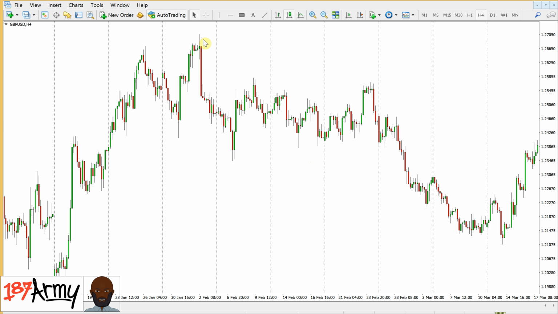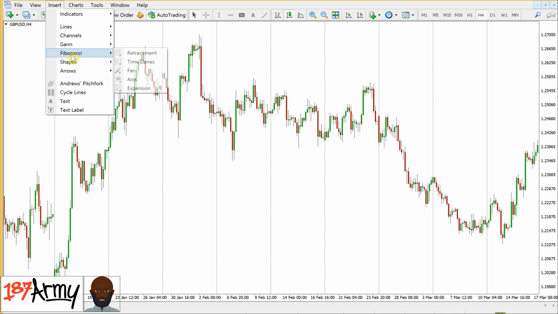Here's an example. We'll draw the Fibonacci this time because you're in a downtrend. You draw a Fibonacci from the high to a low. So you click. Oh, sorry. I'll show you another example. I showed you previously to go to insert, Fibonacci, and then click on retracement. But now another way